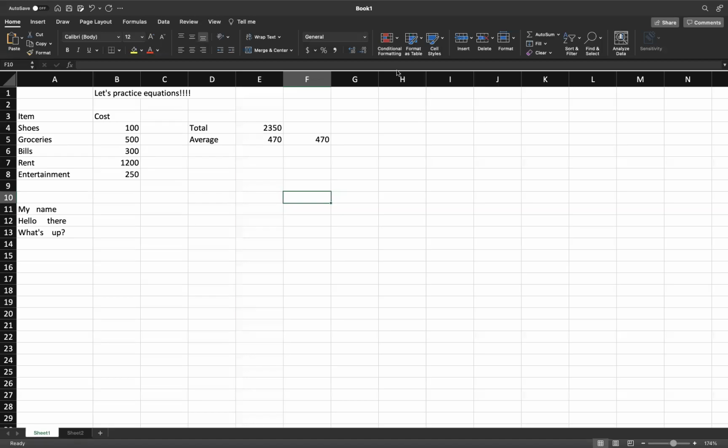So in this video, we're going to be going over some more equations and some additional functionalities of Excel. Last video, we talked about the sum function, and we also talked about the average function, as well as how you can do it manually by adding up all the numbers and dividing by the total amount of numbers. In this video, we'll talk about the trim function, the count function, as well as some of the auto sum